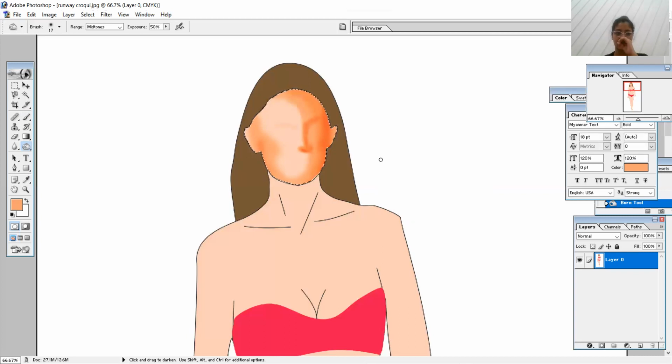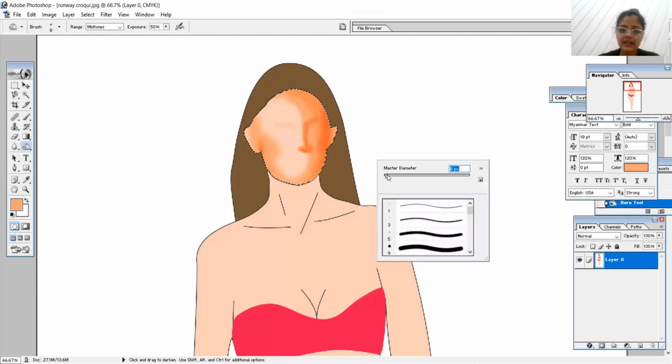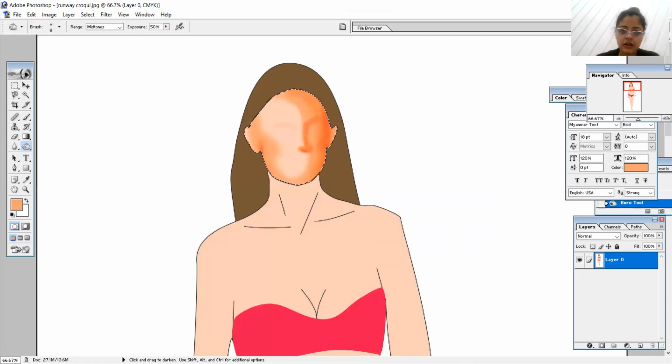Okay. So if I zoom out, let's see what will appear. But before that, let me add the finishing by reducing my radius of the skin, again darkening the holes